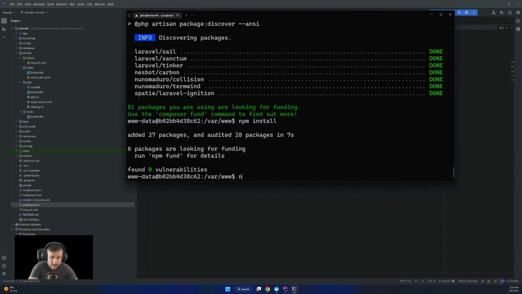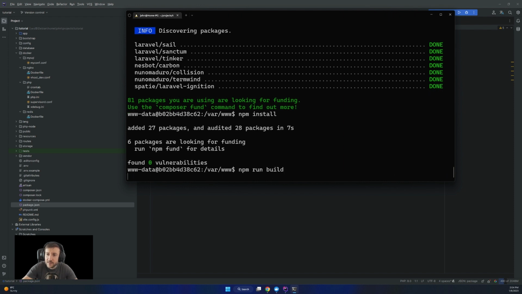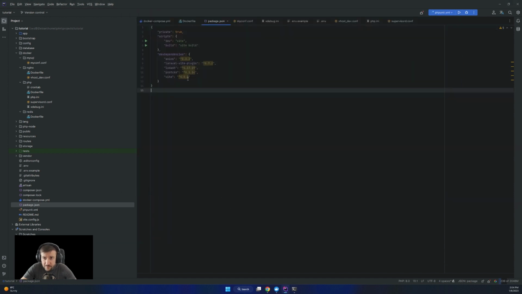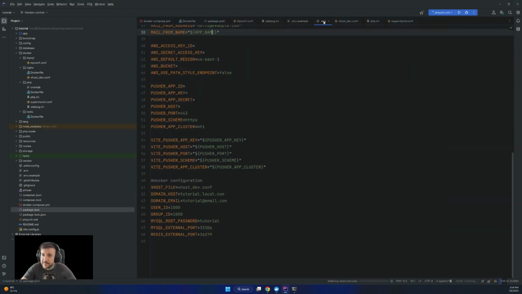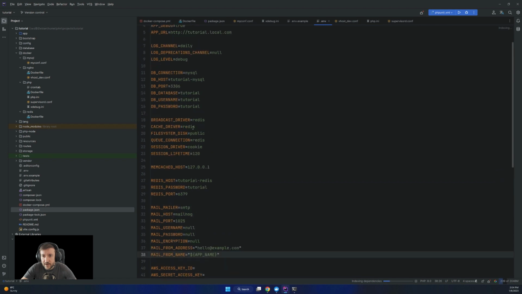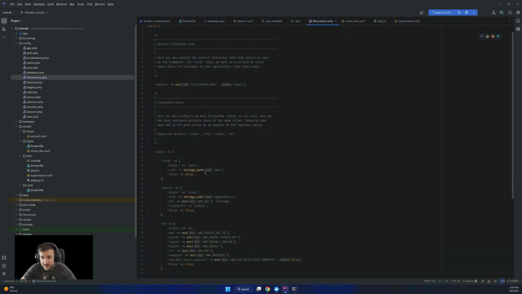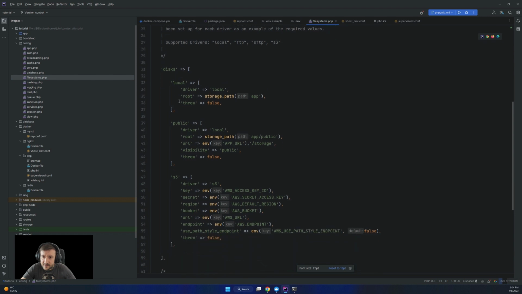So we do npm run build, and this will build assets for production. The next step, if you remember, in the env we put the filesystem disk to public. If we go into config and then filesystems, we have several disks here.